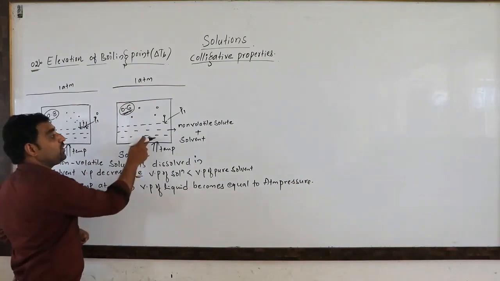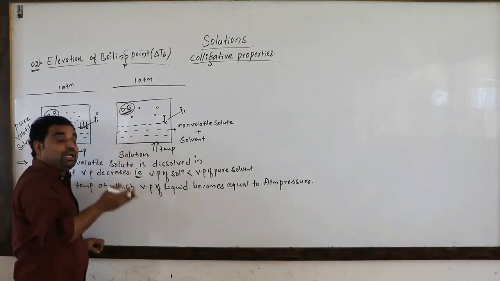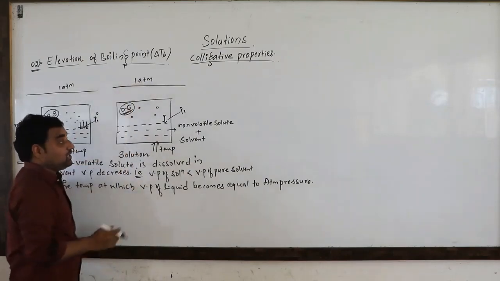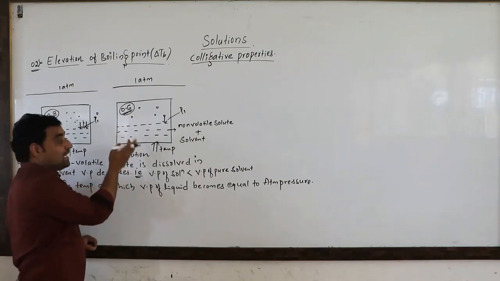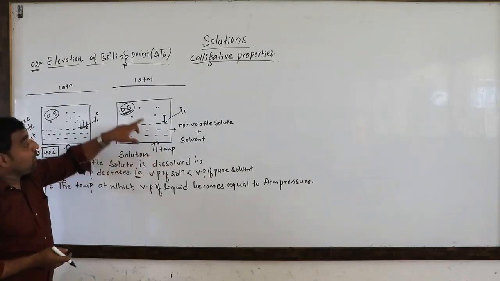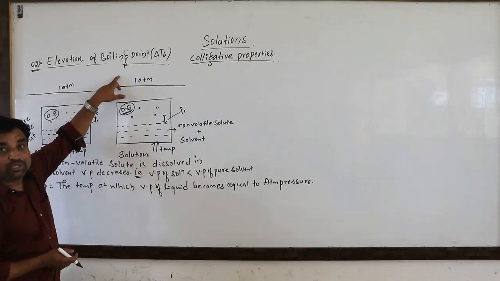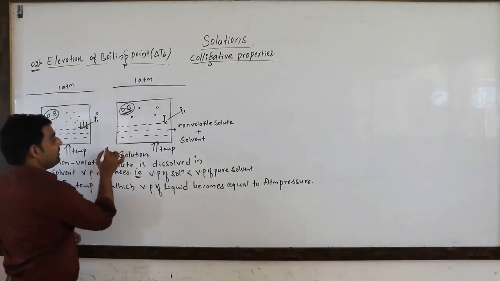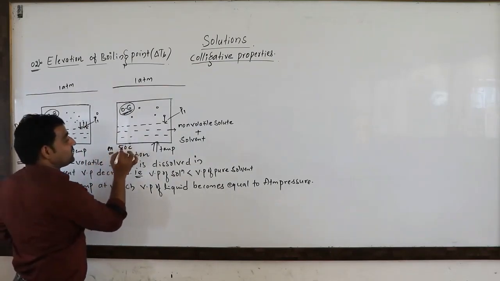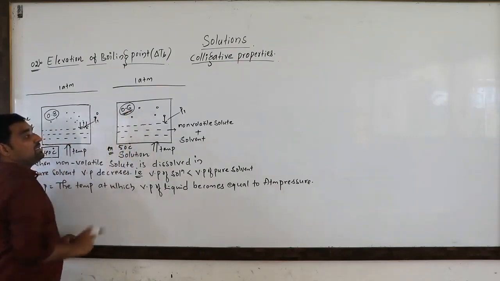If we heat this liquid, 0.6 will become 0.7, then 0.8, then 0.9. Later it will become 1 atm, that is 1 atmospheric pressure. At that condition, the solution starts to boil. It means we have to give more temperature to make the vapor pressure of the solution equal to 1 atmospheric pressure. Say we take the example, we have to give more than this, that is 50 degrees Celsius. If we give more than this, the solution will start to boil.